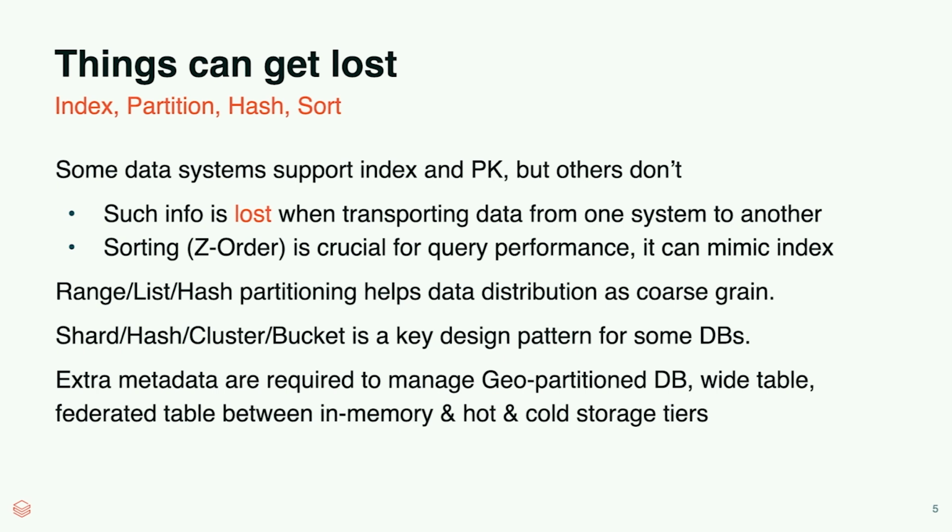For example, your OLTP system has a primary key, right? You have an index. When you move that into the data lake, all this is gone. How do you do your uniqueness validation? You just hand code some SQL to do the validation. But what if your catalog system or data typing system can capture that information and even flow that into your data lake, right? Even though Iceberg doesn't support it, you can do your data validation using that metadata. That's some questions we want to pop up and let you think about it. Maybe we should ask the Unity Catalog to support it in the future. How about that, right? This is an example.